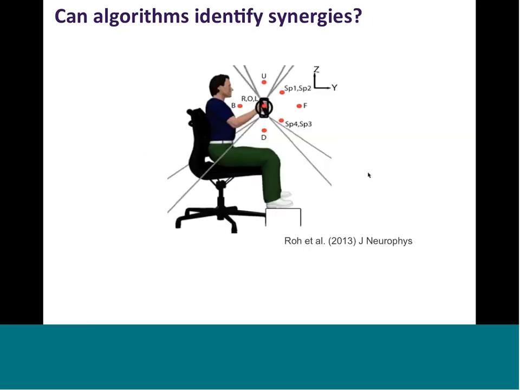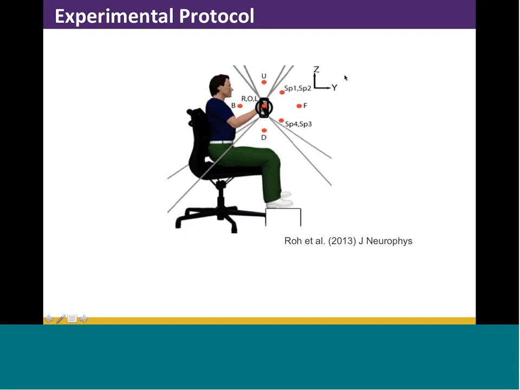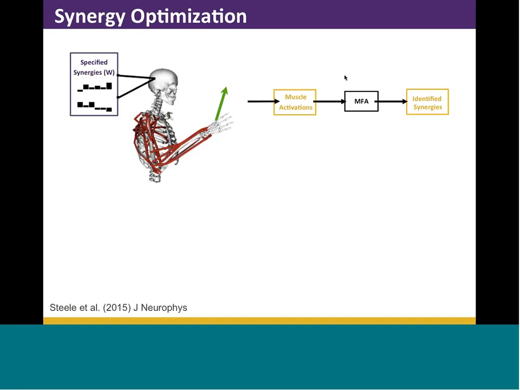So to test this, we used an experimental protocol that had been previously used by Jinsuk Rowe and Zev Reimer for evaluating synergies and muscle coordination in both unimpaired individuals and individuals after stroke, where an individual grabs onto a manipulandum and without moving their arm generates forces in a variety of different directions. And so we recreated this experimental protocol in OpenSim,